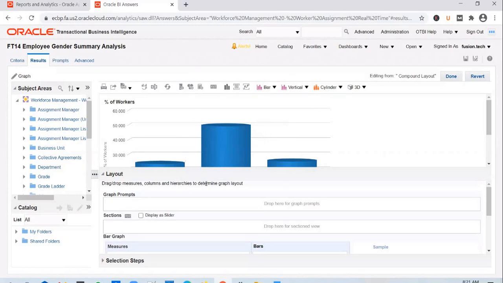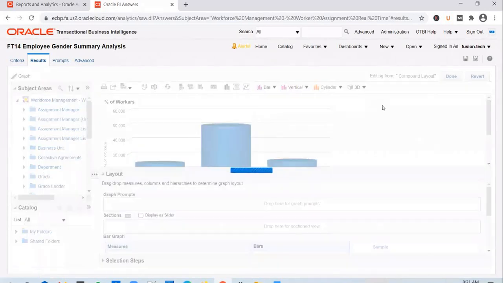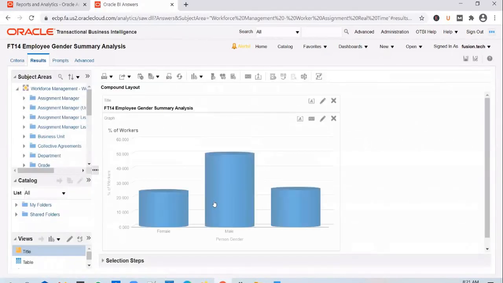And it's reports like this, summary reports, that you can plug into OTBI dashboards. You normally don't plug in the detailed reports into OTBI dashboards, but it's reports like this that you plug into summary dashboards or OTBI dashboards. Okay, so you save this. So this is how you build summary based OTBI reports.